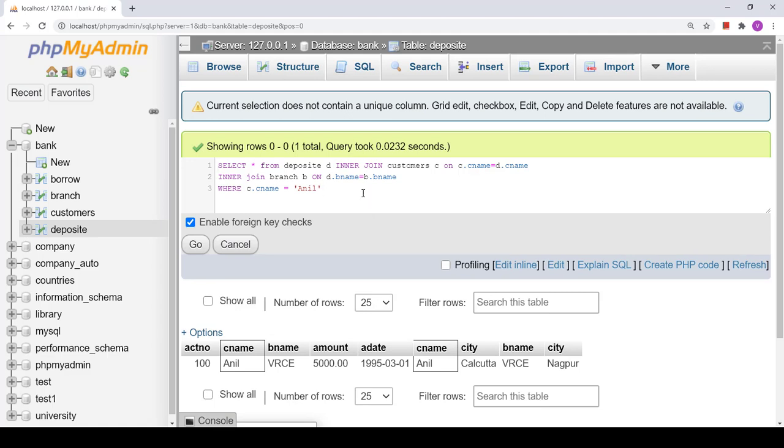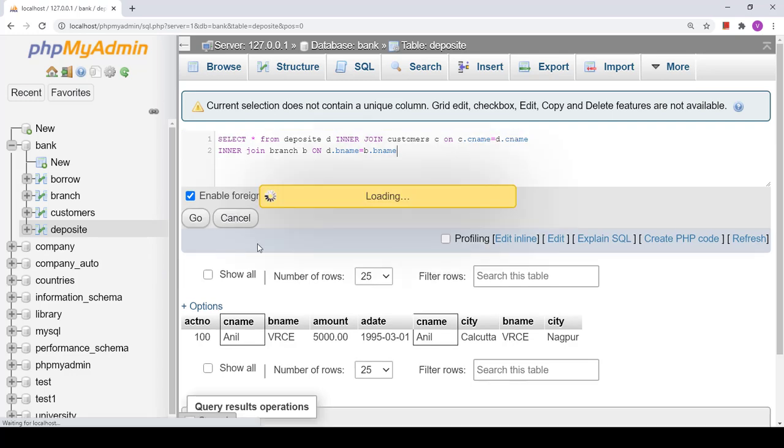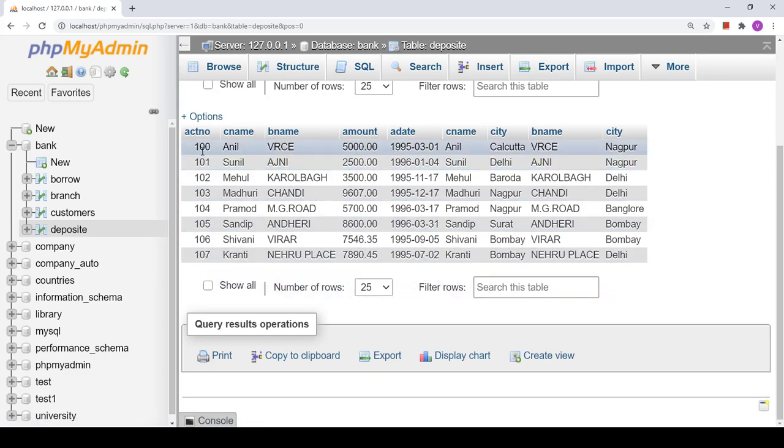Suppose I want the list of the customers who are borrowers, depositors, and whose living city is Nagpur. So this particular query is going to give me the list of the customers who are borrowers.